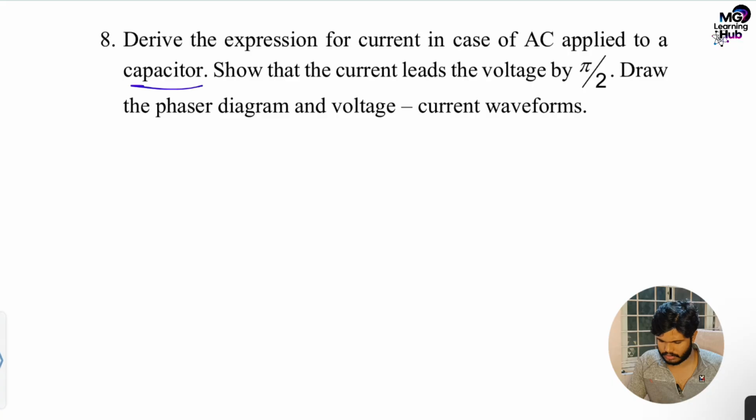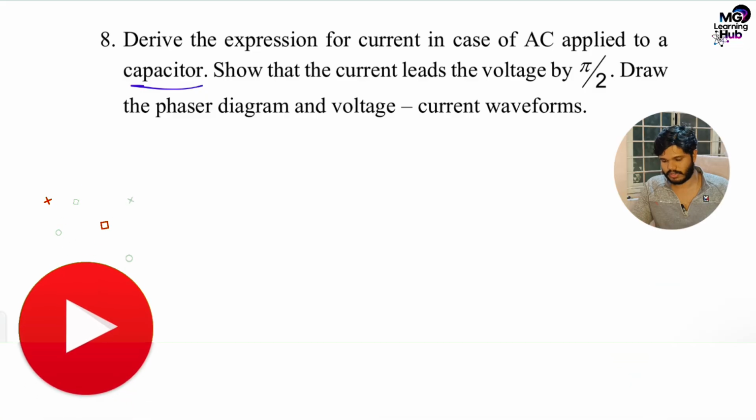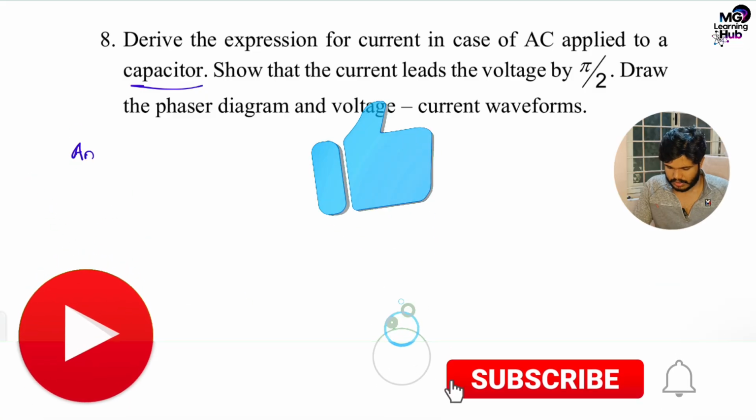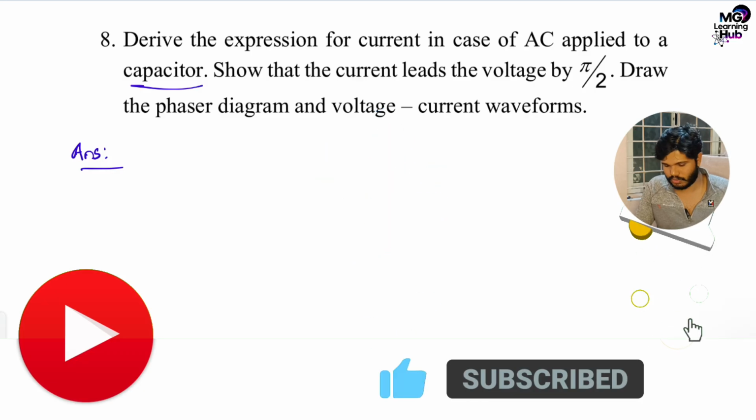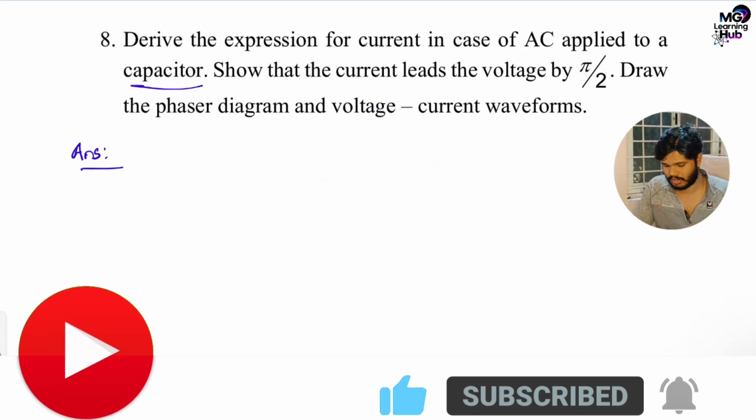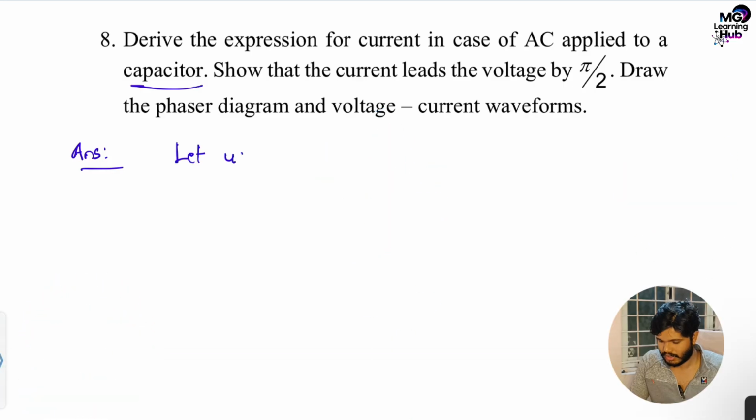Next, capacitor. Derive the expression for current in case of AC applied to a capacitor. Show that the current leads the voltage by 90 degree. Draw the phasor diagram. Same thing. So what we will do, we will consider a capacitor with capacitance